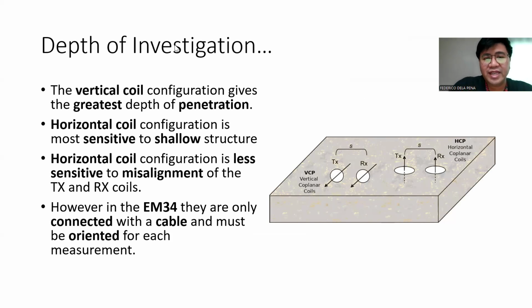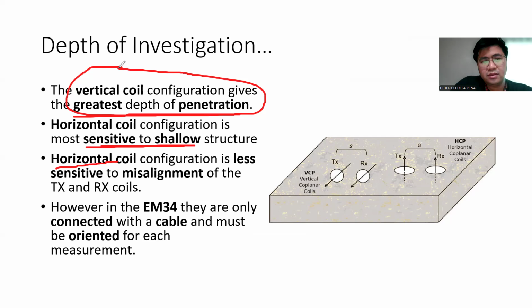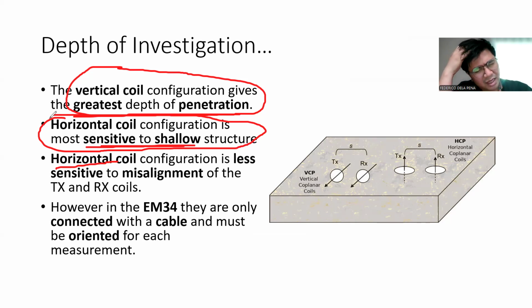And therefore, VCP gives you the biggest depth of penetration, okay? While HCP gives you the largest sensitivity to shallow objects. Okay? So this will depend on your objectives. If you were, for example, looking for a deep ore body, you might be more interested in VCP. If you're looking for shallow objects, maybe for archaeological purposes, or for utilities,